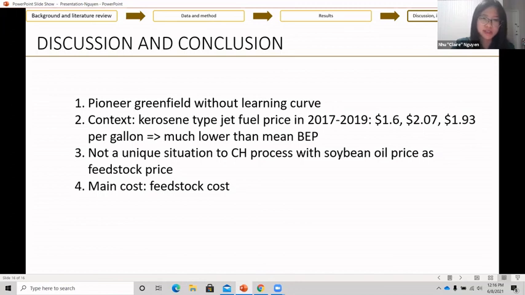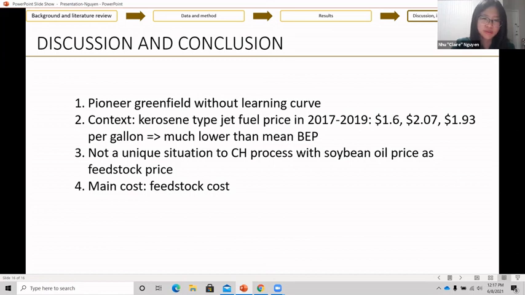And regarding the break-even price, to put it in context, the kerosene type jet fuel price from 2017 to 19 is at most just over $2 per gallon, which is much lower than the mean break-even price in our study, which indicates the challenges of producing high quality biojet fuel due to the high production cost. But that is not a unique situation to just this process with soybean oil price as the feedstock price. Other studies also show that producing different types of biofuels using different feedstock and technologies also face high production costs and have a lot of troubles competing